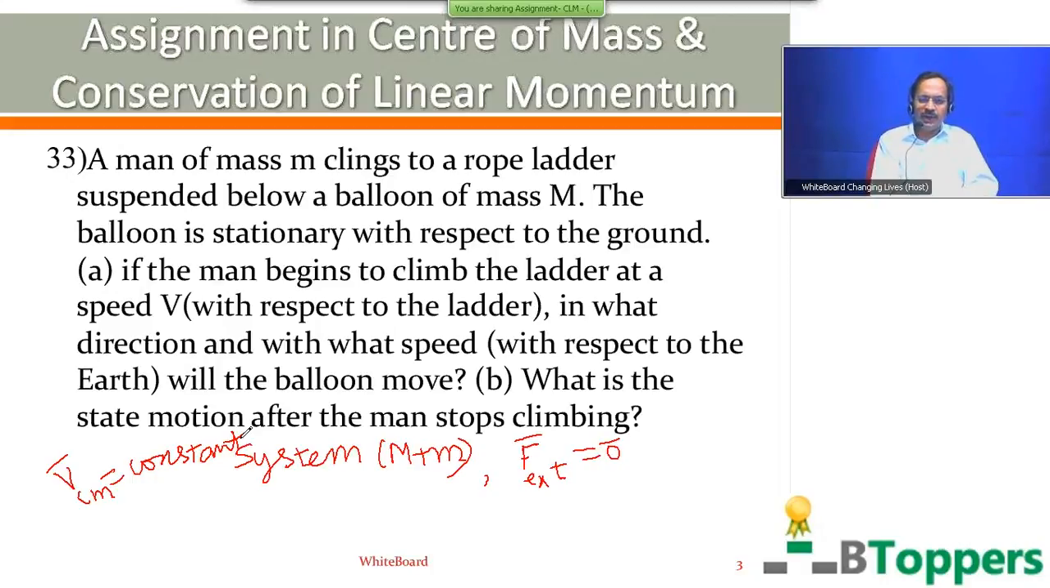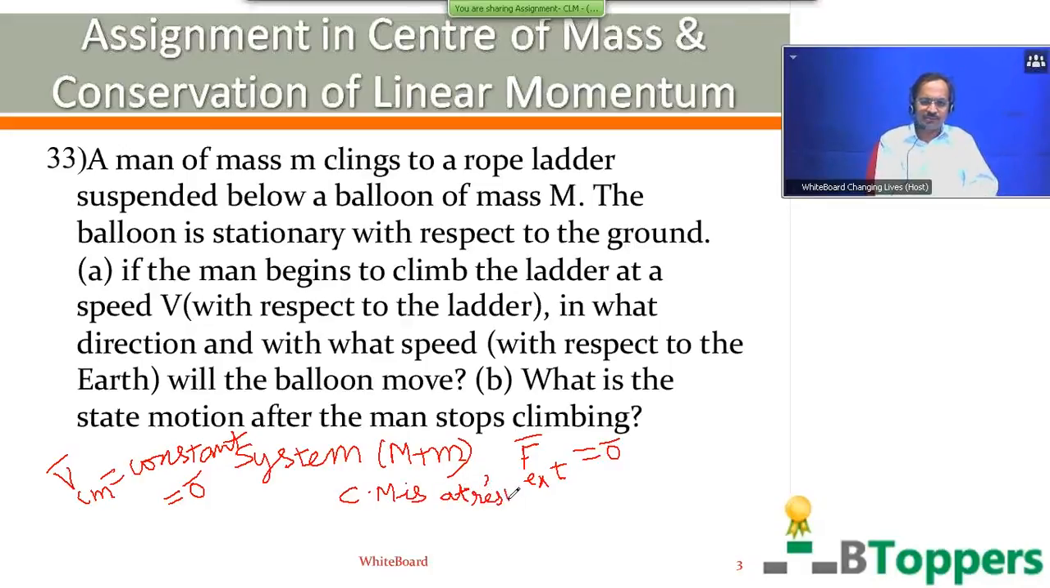Initially, both the man and the balloon are at rest. So the initial velocity of the balloon is 0, and the initial velocity of the man is 0. So we can say that the initial velocity of the center of mass is 0. And the velocity of the center of mass of the system remains constant. That means the velocity of the center of mass will remain constant at 0. Therefore, the center of mass of the system of the man and the balloon is